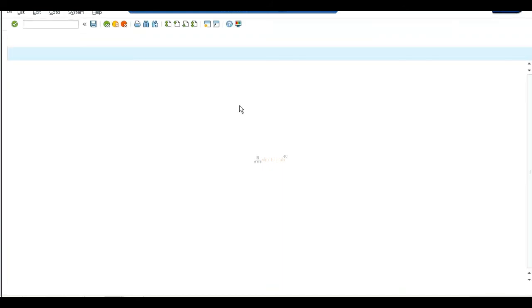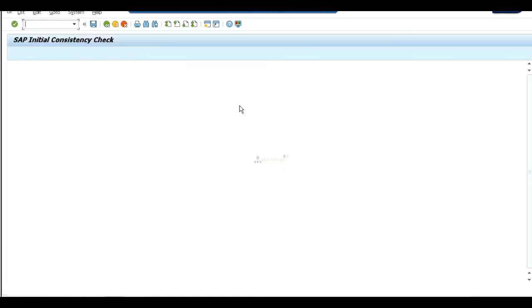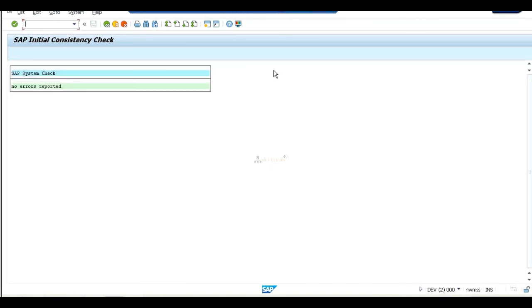So if I use /o, how many active sessions do I have right now? 2, right? So that is the use of /o. See here, DEV2 means this is my second session. One is sgen, which is nothing but the load generator. This is the initial consistency check, which is nothing but my SICK code.